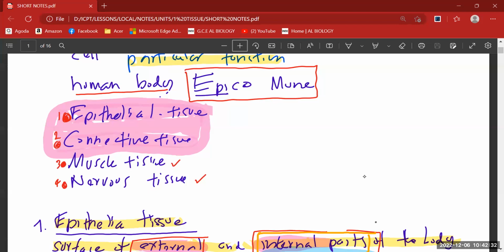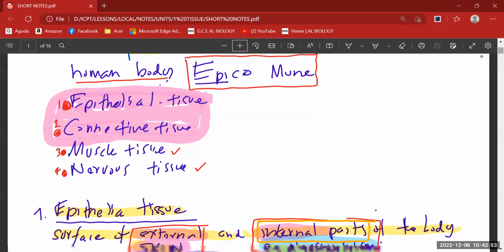So we learn what is endocrine, what is exocrine, what are the epithelial cells, what is the epithelial layer. So these are the things we learn here, and we have covered epithelial tissues, and also we covered the connective